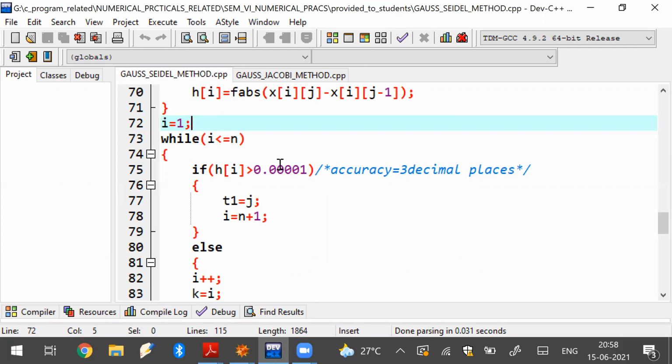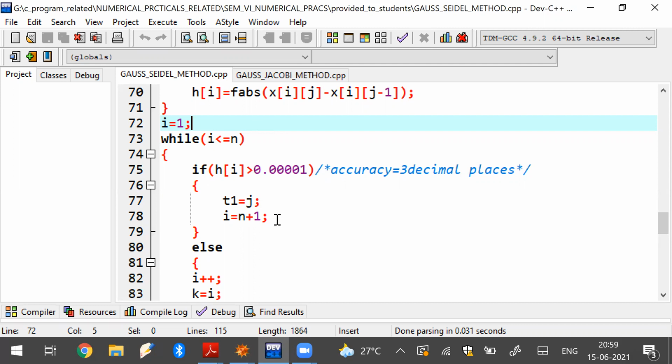This I have already discussed, I am not going into it. So if hi is greater than that, then accuracy is not attained. If accuracy is not attained, I have introduced t1 as a new variable. So t1 is taking the value j. J means at which iteration step you are not getting this accuracy, it will store that iteration step's value. If it is the 4th step where it is not occurring, then t1 equals 4.